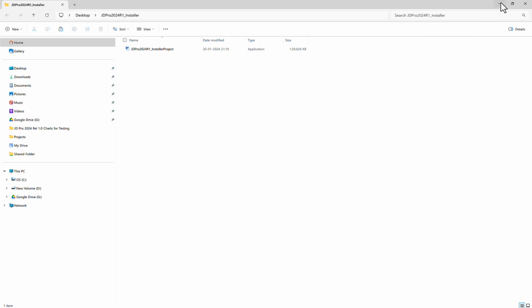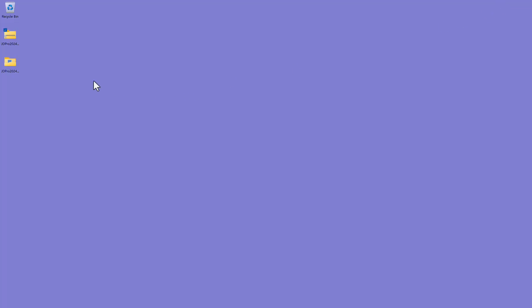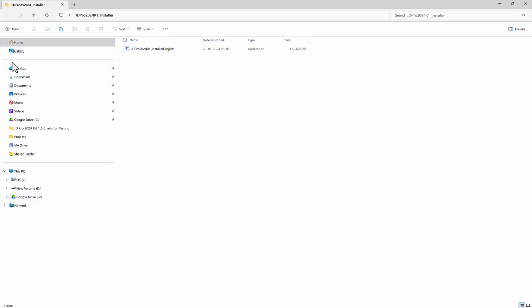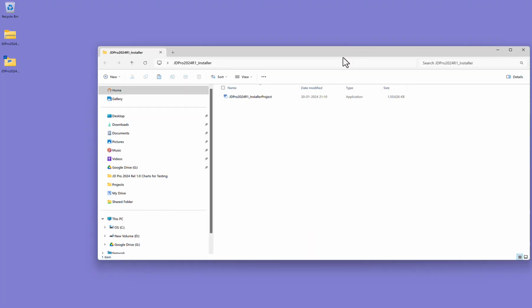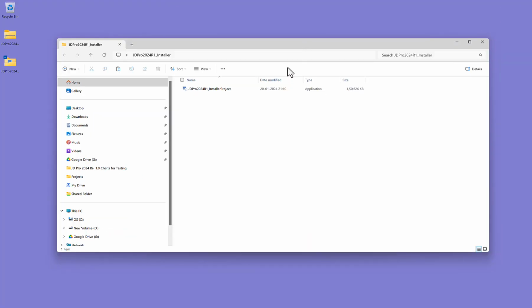We'll minimize this so you can see that on your desktop. Double click this folder and you will be able to see the installer file. Let me make it a smaller window so that it's easier for you to see. Now all I need to do is double click on this installer to start the installation. So let's do that. When I double click on the installer file, I get to see the first dialog